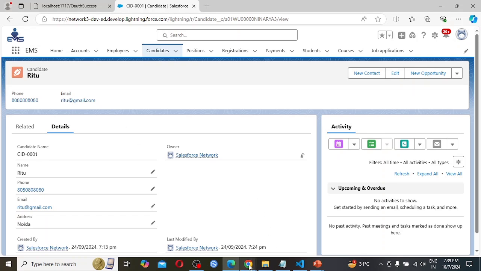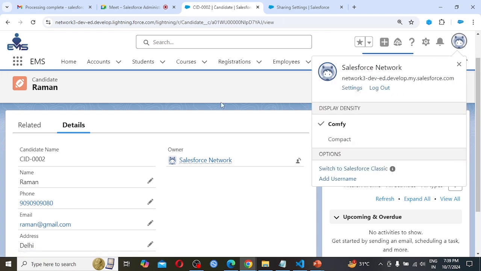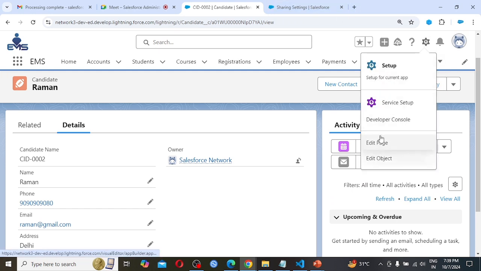Again, coming back to our admin, our primary profile, our primary account. This is the Salesforce network account. Let's cross verify the profile. What is the profile for this user?